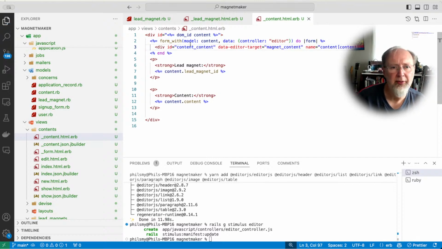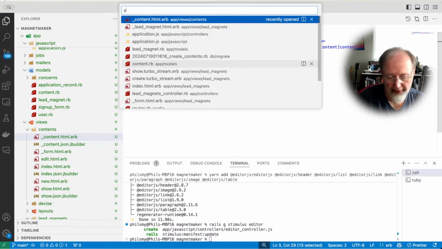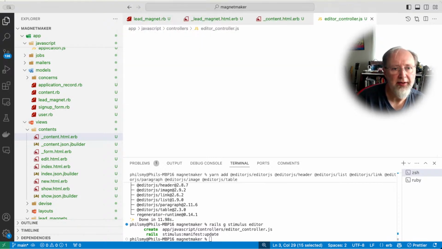We're going to just set up some content. We've already associated it to the Stimulus controller edit. We can get rid of all of this stuff here. We're creating a div and not using form inputs, because that's kind of the way that editor.js works. So if I look at editor.js, the controller,